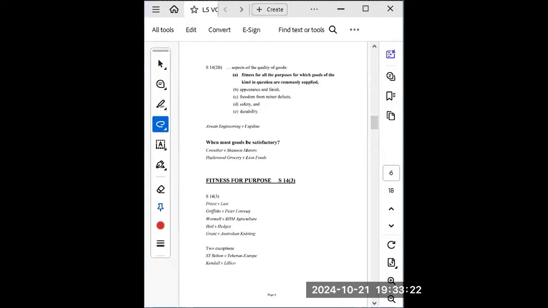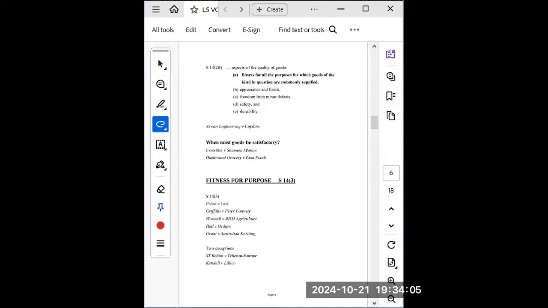Now, whatever the reason, I pay 20 million for a Ming vase. I'll tell you what I'll do. I take the Ming vase home. I put a bunch of flowers in the vase. I put some water in the vase. You know what happens? It leaks. Can I claim the seller is in breach of Section 14? The Ming vase is not of satisfactory quality. Can I say that? Because you see,